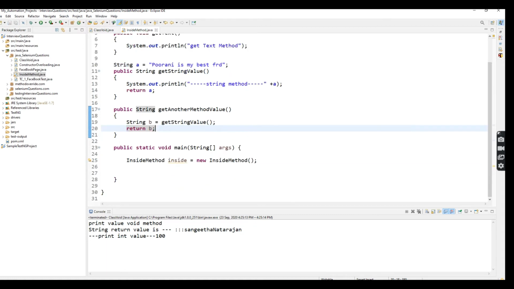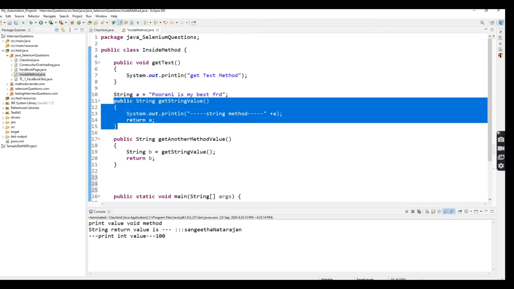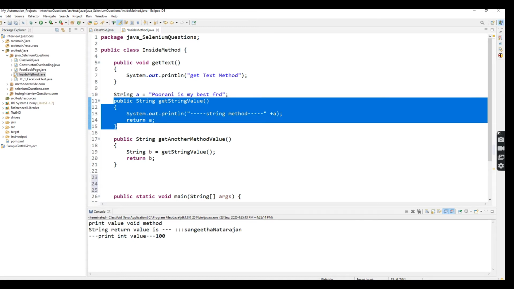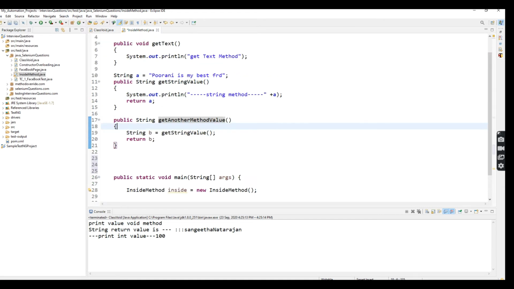You understand, right? Again I repeat. How can we call one method from another method? This is one method, this is one method. This method's value I'm going to store in one string, and that string I'm going to return inside the method. So which method do we call inside the main method? This method, because I already assigned getStringValue to the string b variable.